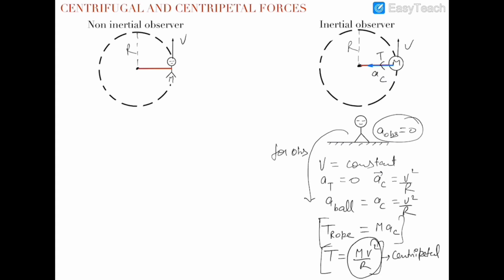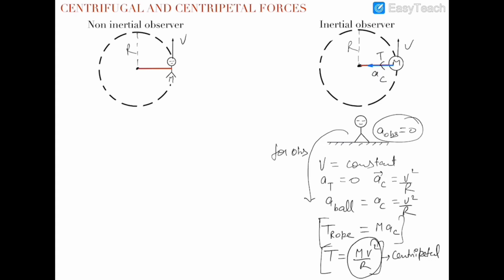So this tension is the centripetal force, which is always directed towards the center of the circle, and in any circular motion there is a necessary centripetal force which is required for that circular motion. Without that centripetal force, that circular motion is not possible. And you can see the examples: if this ball is rotating with a rope attached to it,